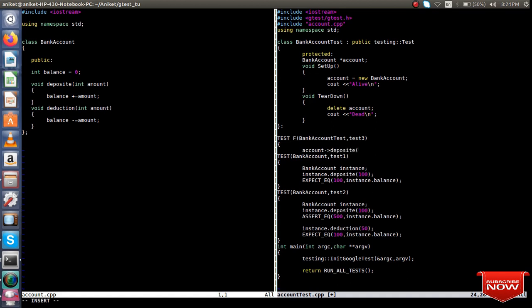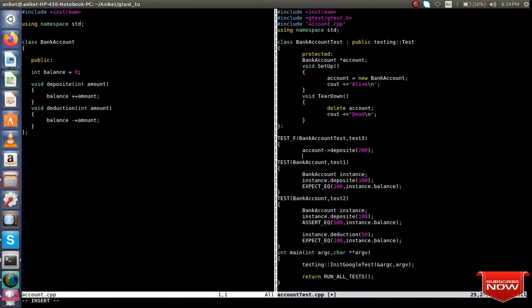How much money you want to deposit? 200, say, and check. So check using EXPECT_EQ, I'll just make it 100, and then account, access your balance variable.